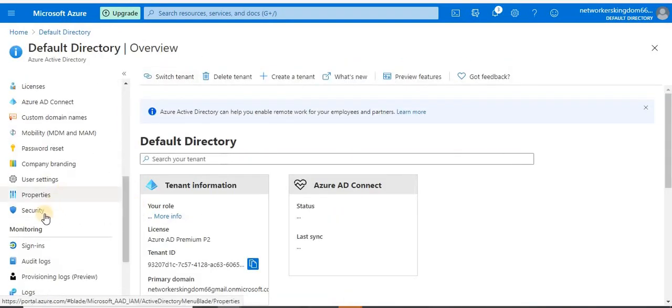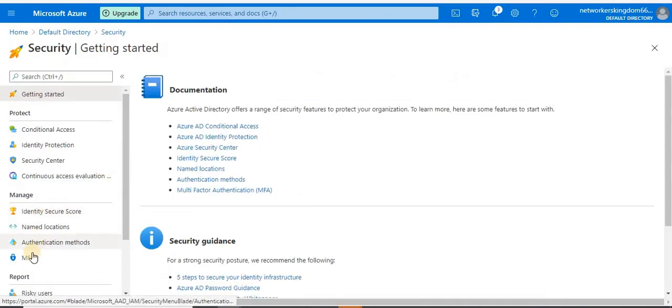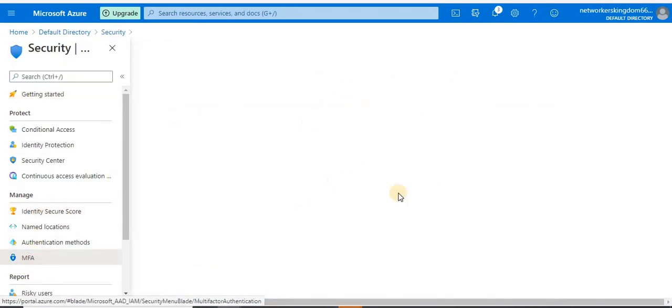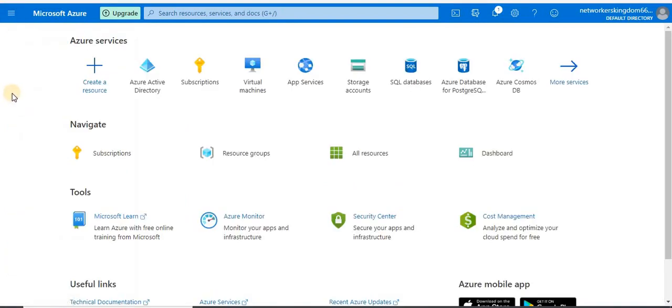Let me go to security and then MFA. Why is the portal not working? Okay guys, let me check this. So guys, it is working now. There was some issue with my internet.